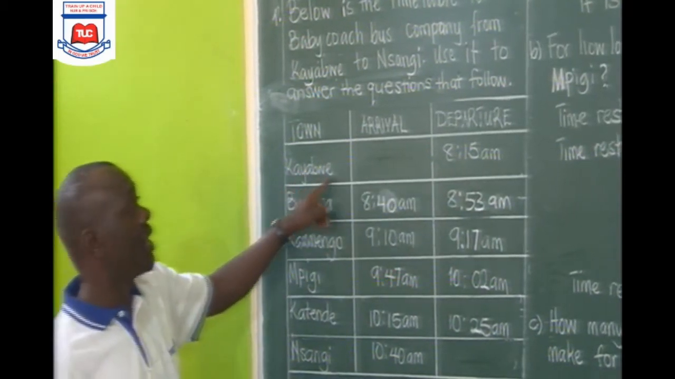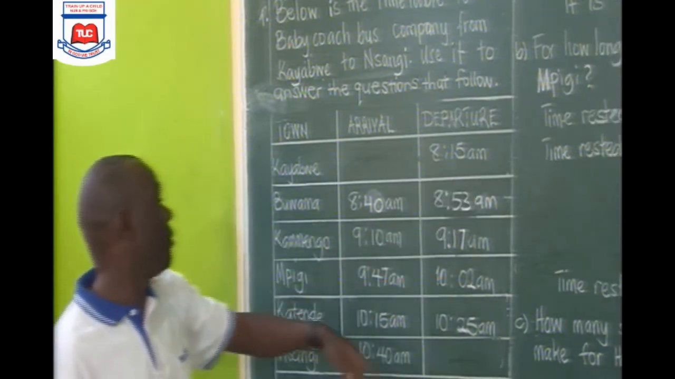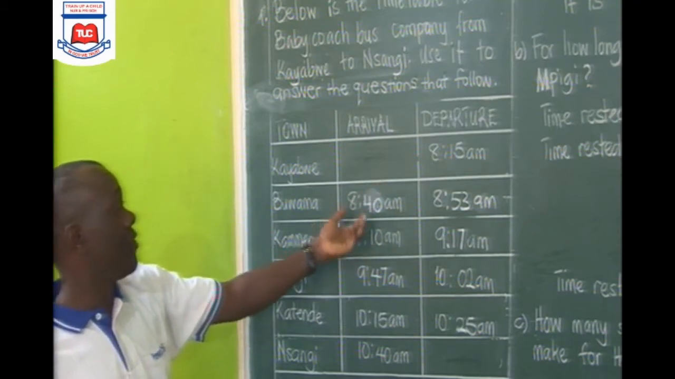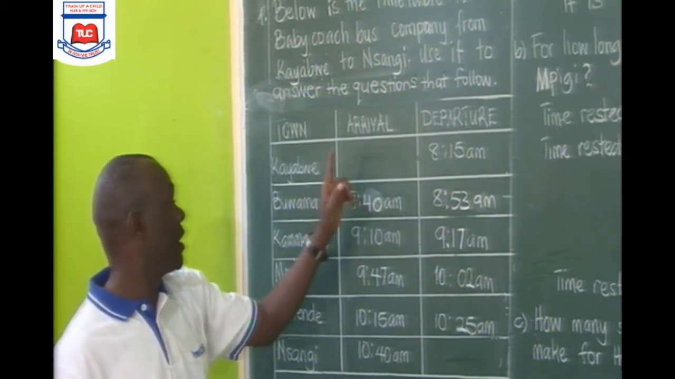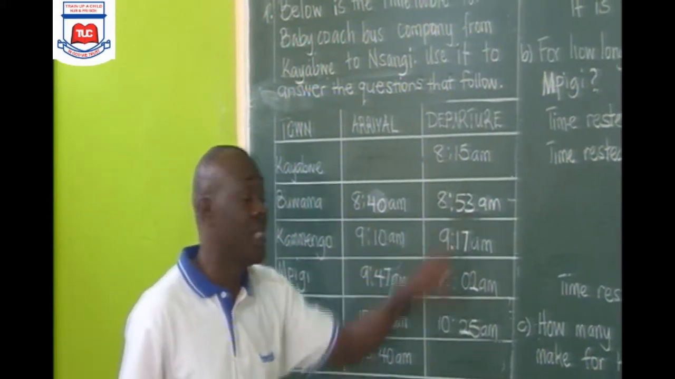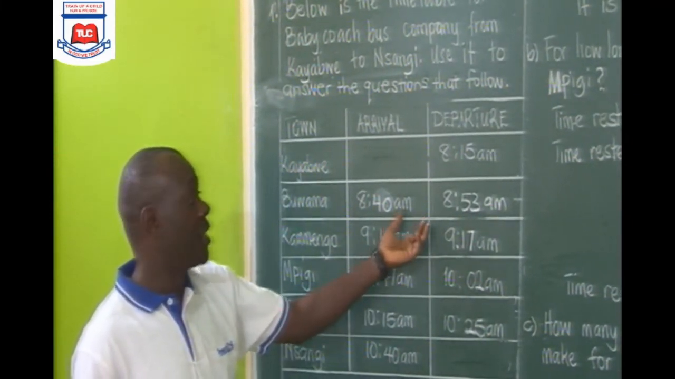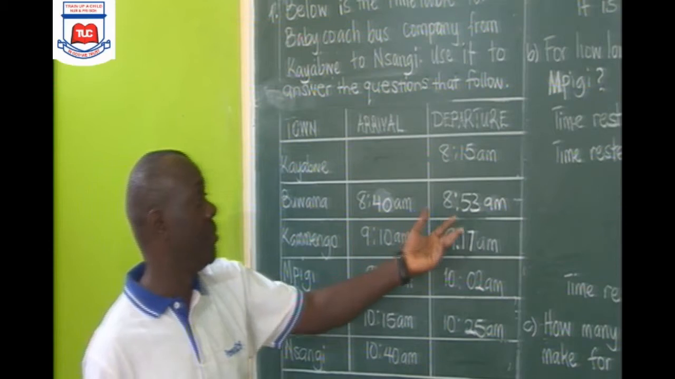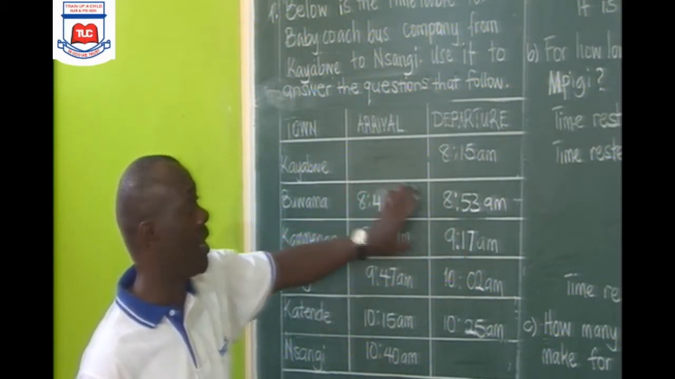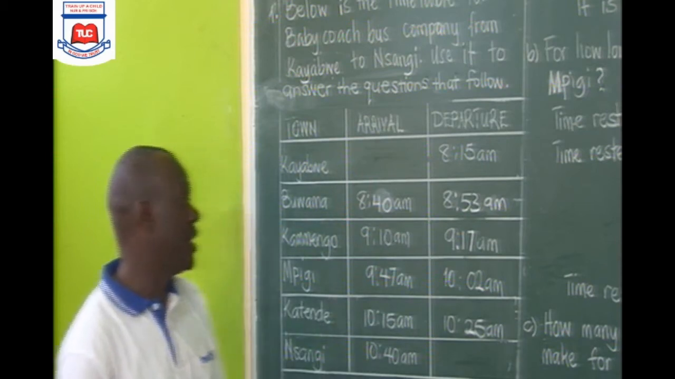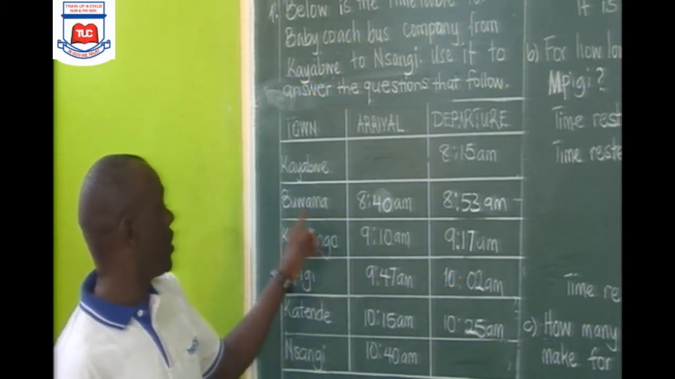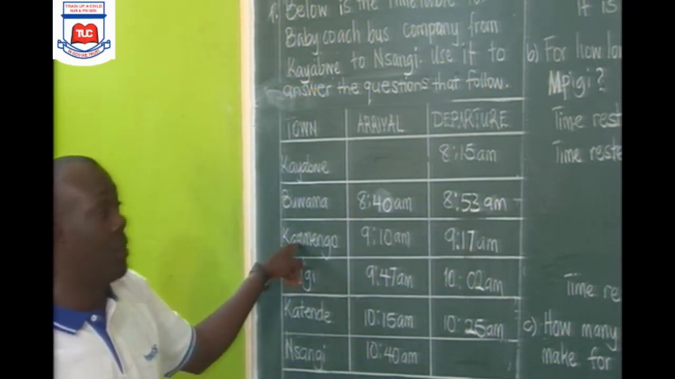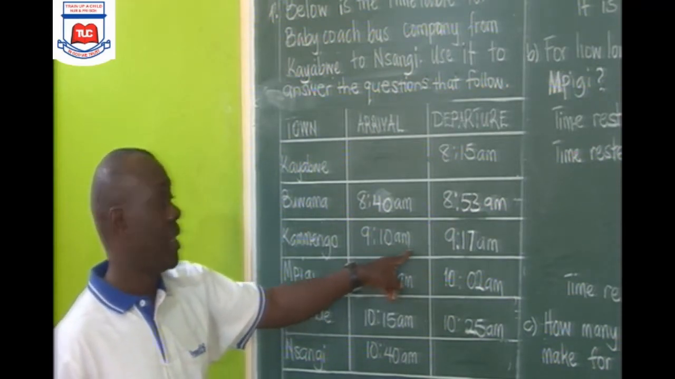Thus, it leaves Kayabwe at 8:15 a.m. and reaches Buama at 8:40 a.m. Then thereafter, the bus leaves the same Buama town at 8:53 a.m. That means it had a stopover there for some time, which is actually 13 minutes, from 8:40 a.m. up to 8:53 a.m. So having left Buama at 8:53 a.m., it reached Kamengo town at 9:10 a.m., thereby departing from there at